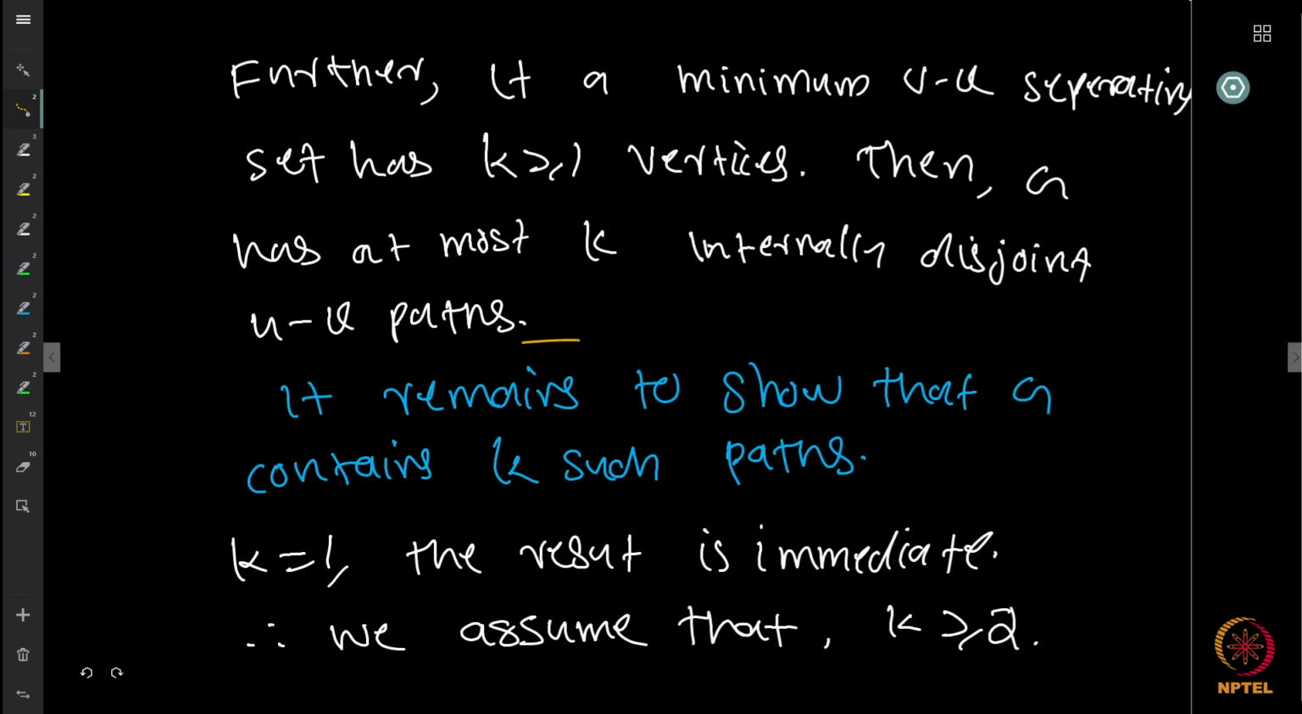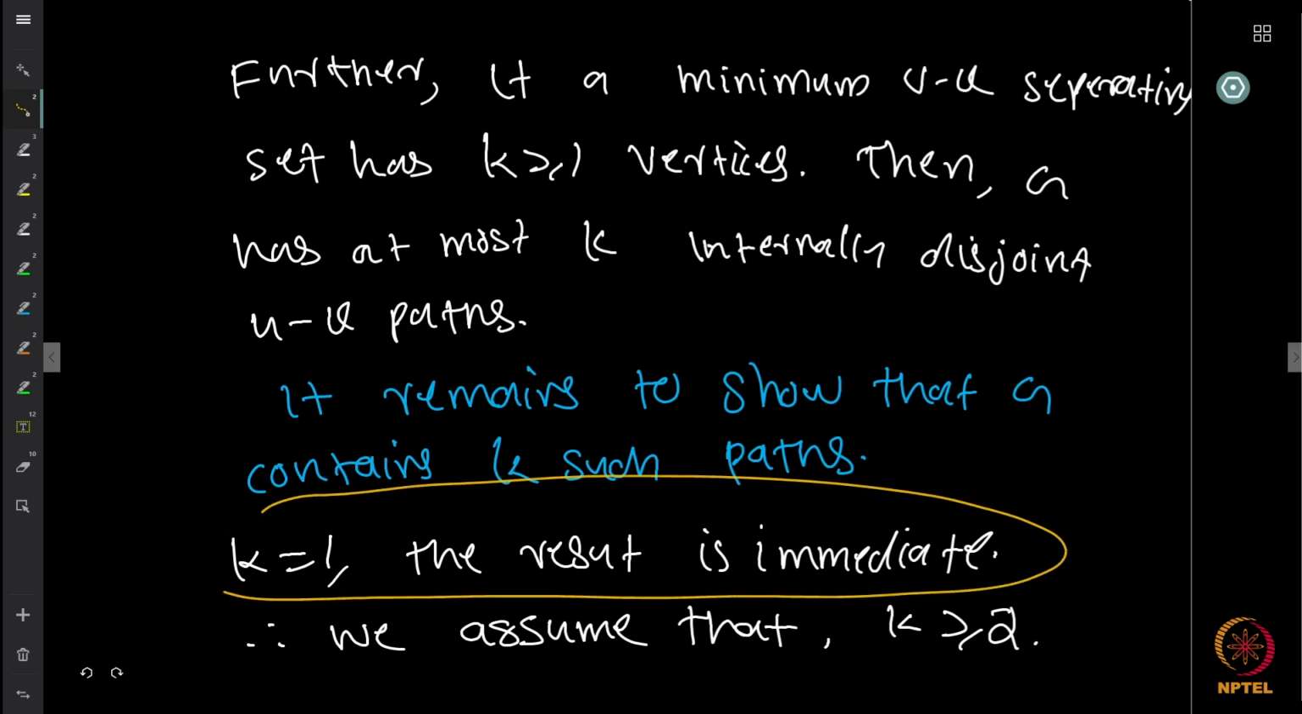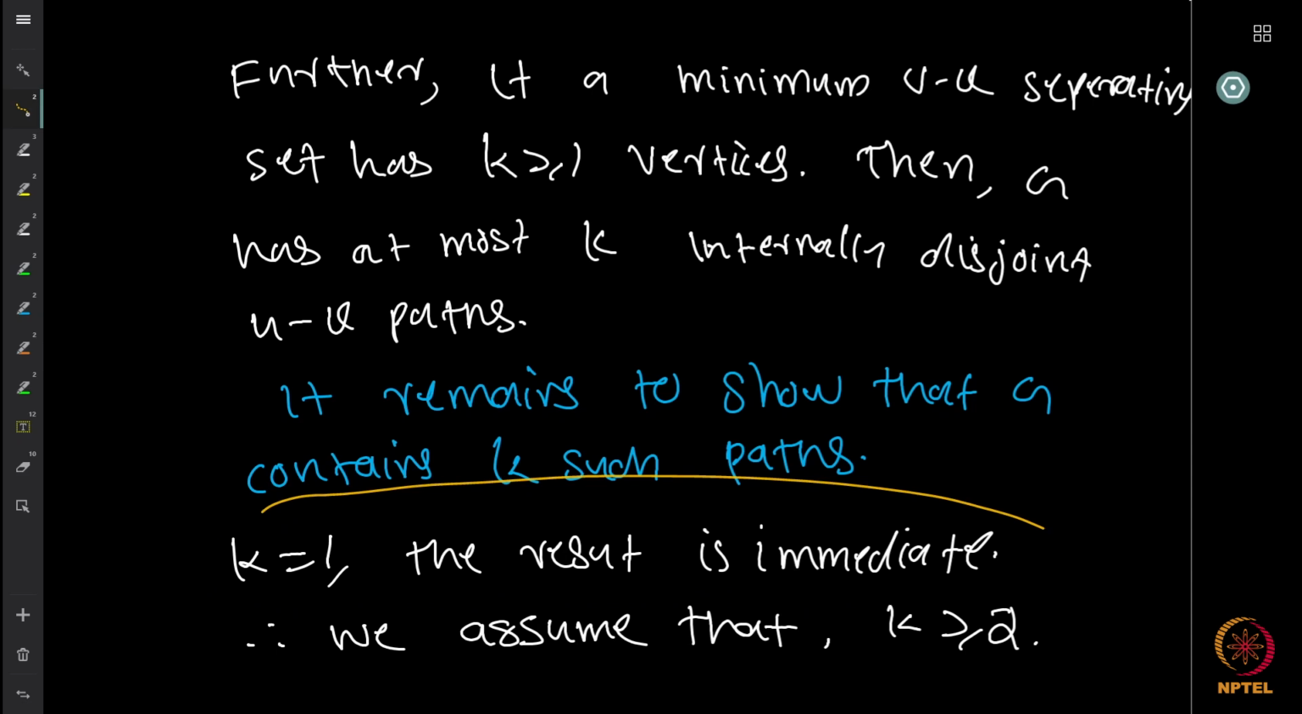So what remains to prove is to show that we can actually find k such paths, right? Now, if k is equal to 1, again the result is immediate, because it says that the graph has a cut vertex. I mean, there is a cut vertex between u and v. U and v can be separated by a single vertex, which means that there is a cut vertex that separates u